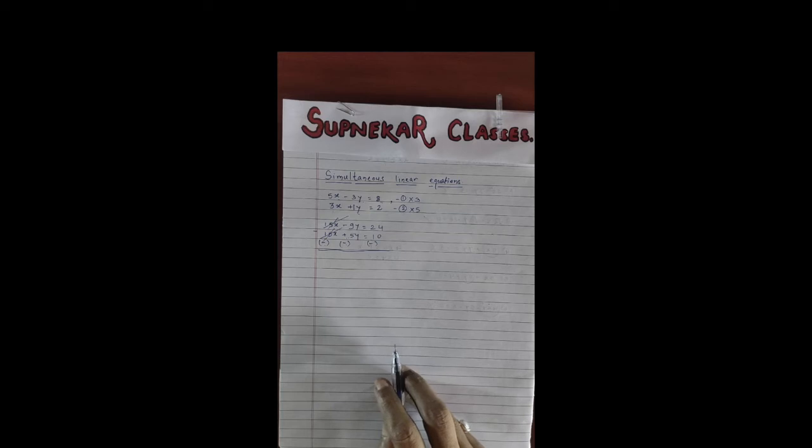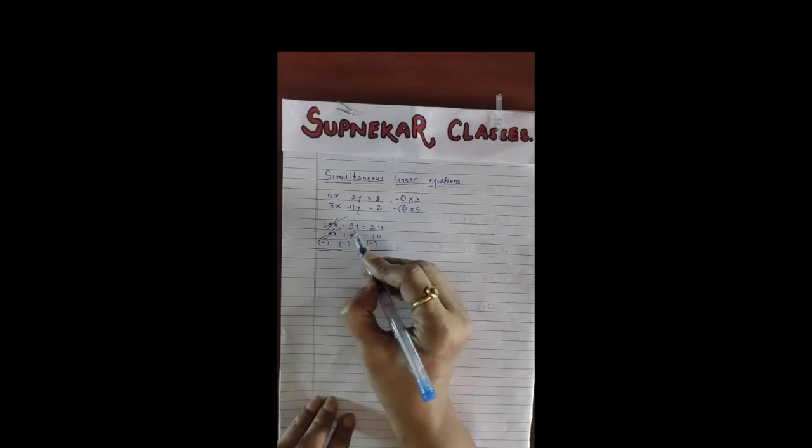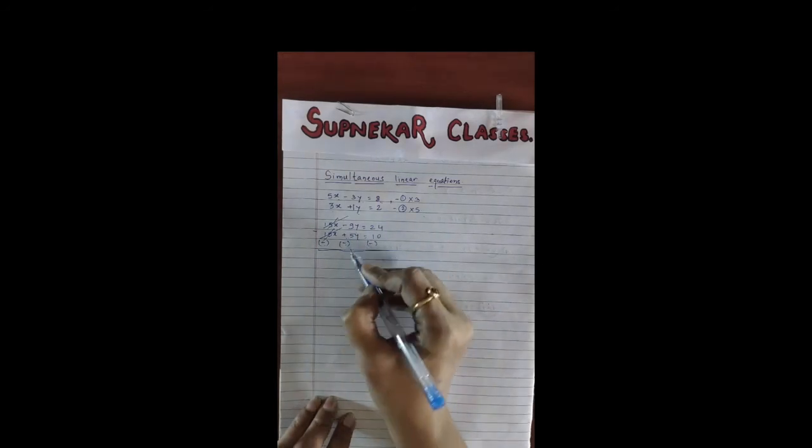In my previous lecture I had told you, whenever both the numbers have the same sign, S-A-M-E, how many letters are there? 4 letters are there. You have to make plus, P-L-U-S. Here also 4 letters are there, and whatever is the bigger number's sign, that sign you have to give. Here 9 and 5, so it will become 14.